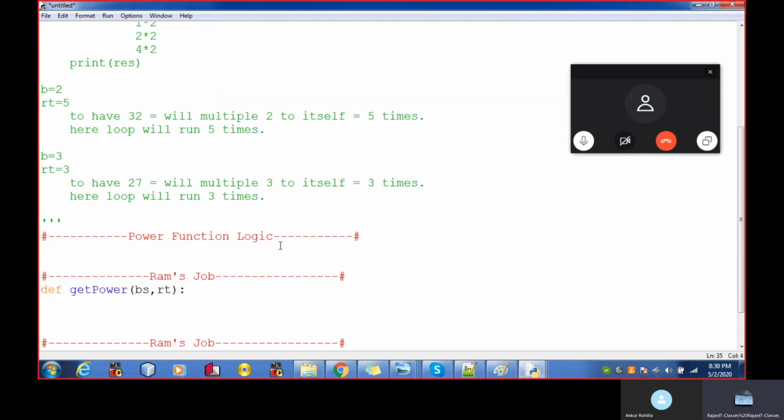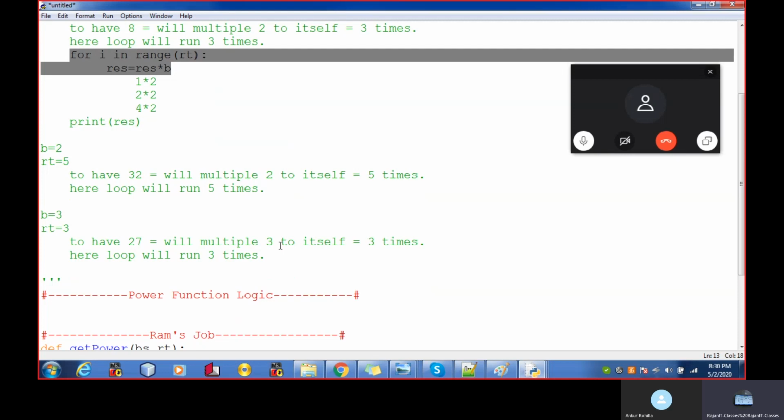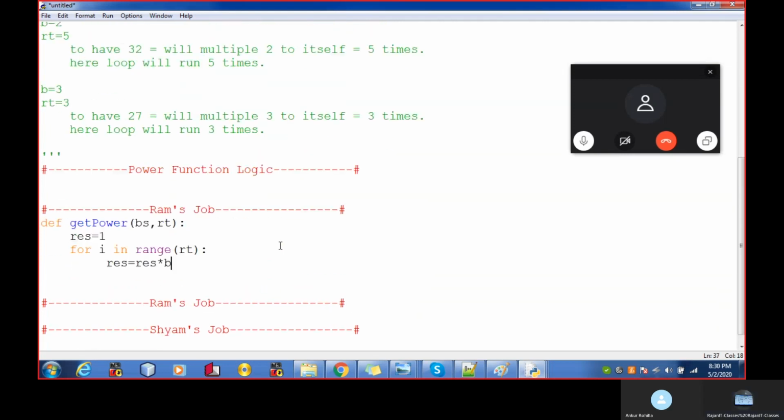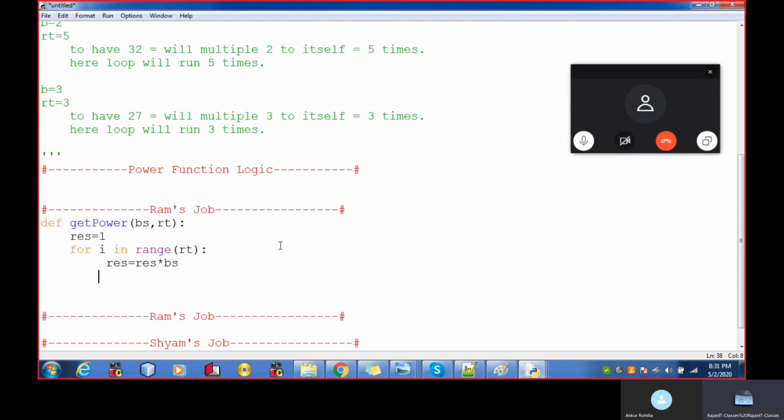Using res equal to 1, use the loop, this one. I'm just copying it. After this loop, this function is throwing the value whatever is in the res. So return the res.